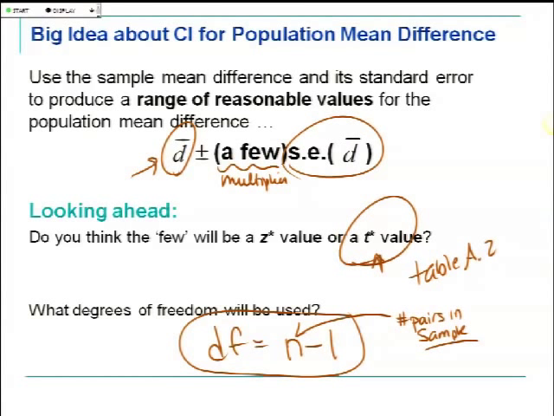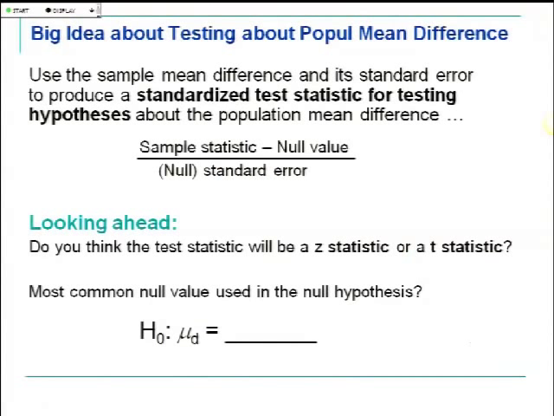You might have 100 people, but you might make them form pairs being alike with some important characteristic, so you have 50 pairs. Even though there's 100 people being measured, degrees of freedom are going to be 50 minus 1, not 100 minus 1. All right, and then likewise on the testing side, you actually calculate some kind of standardized